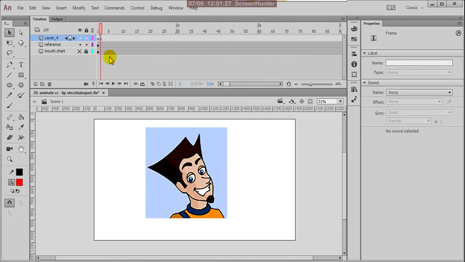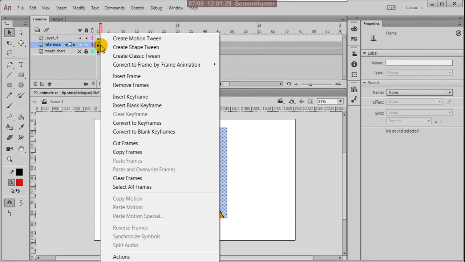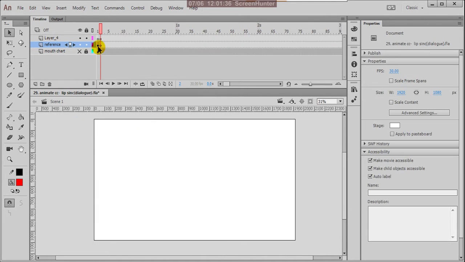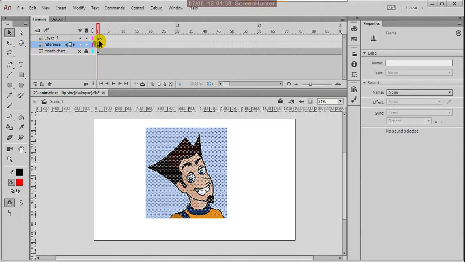Insert blank keyframe, and this can be converted to blank keyframes, because this is only my drawing.